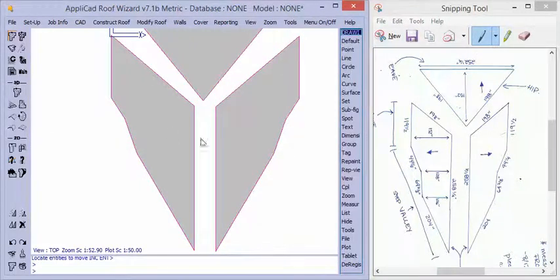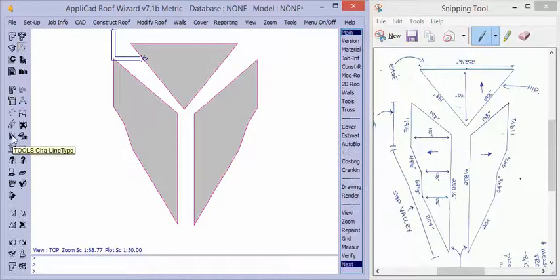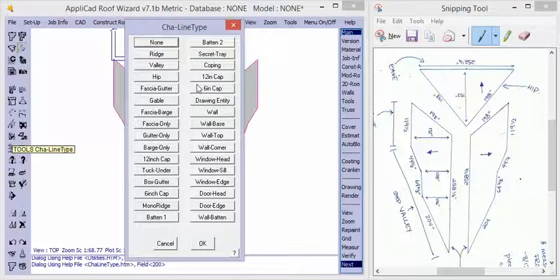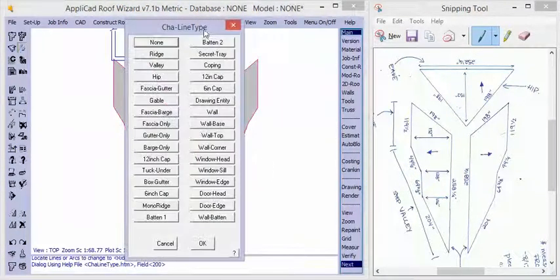Change all those perimeter lines, could be anything. What we need to do is change line type. So to do that, we go to Tools, Change Line Type, and first of all we want to put a ridge in, so we'll put a ridge there. Now let's change the first one to